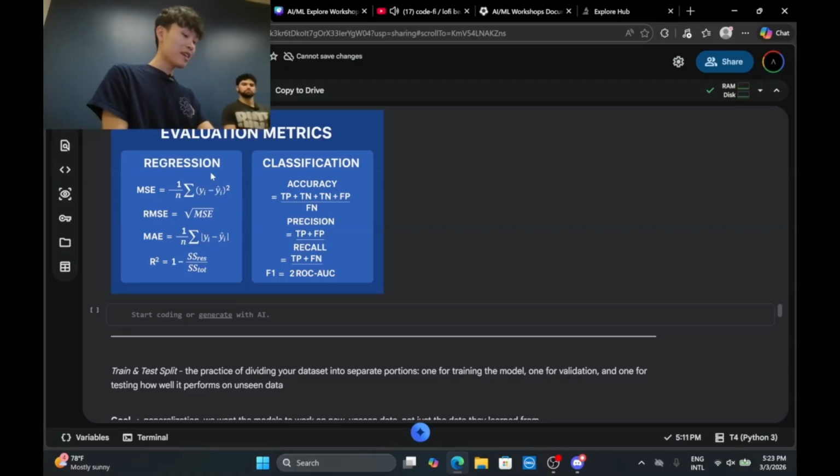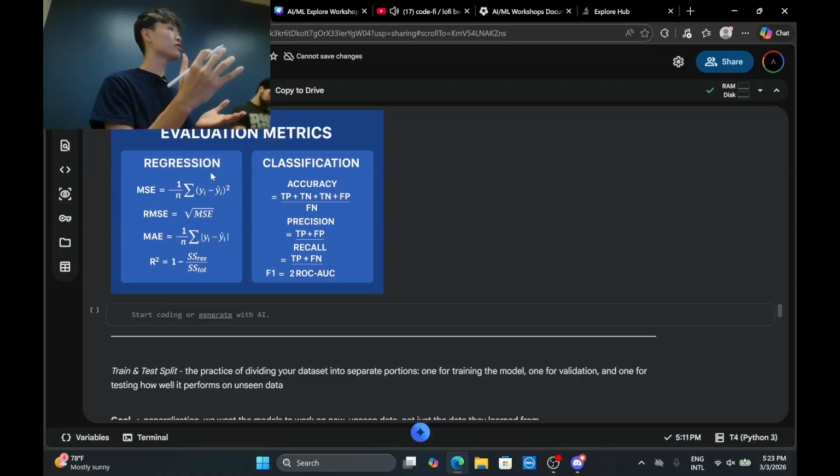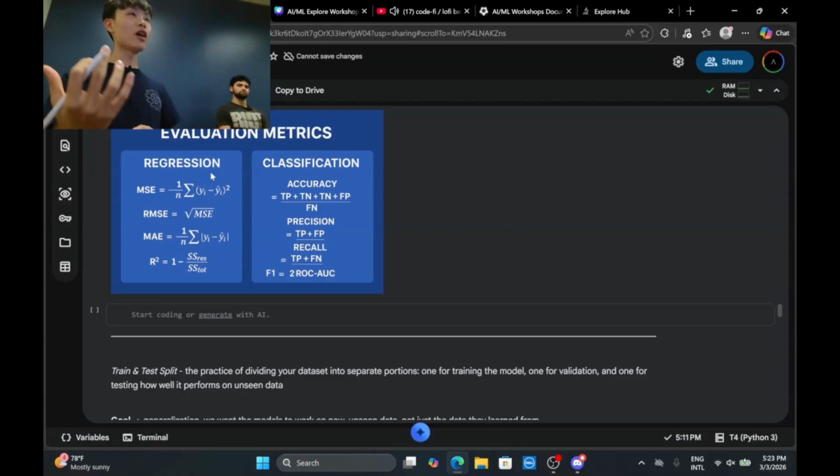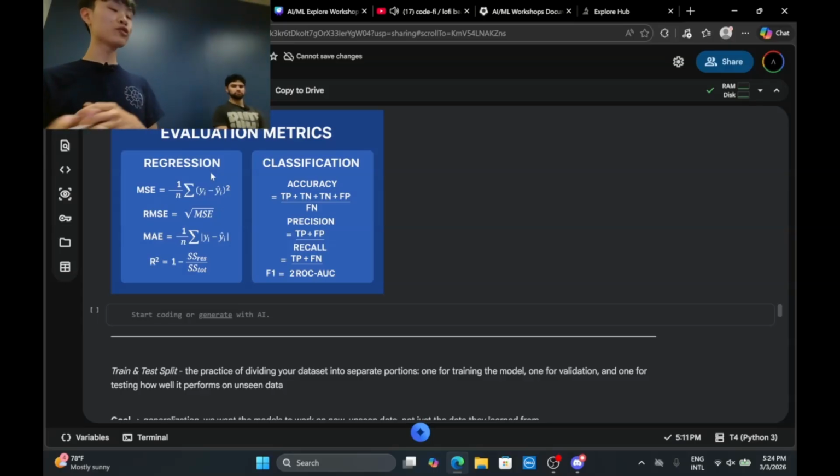Yeah, 5. So why do we do this? We do this to calculate the average error, the average number of units the model prediction is off from the actual value.